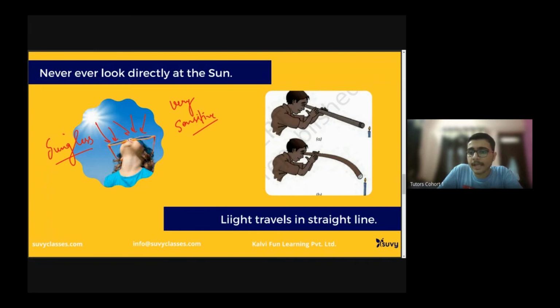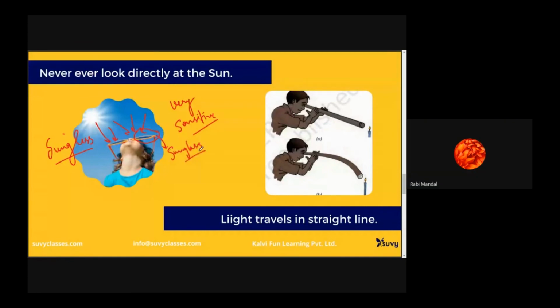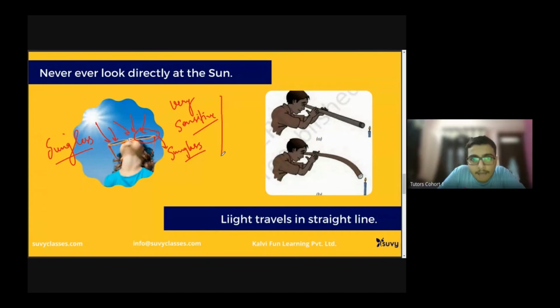Okay, so by the time he joins, I'll repeat the concept I was saying. I was just saying that we should never see the sun directly through our naked eyes. We should have a covering. Yes, you are audible now. Because of ultraviolet rays,